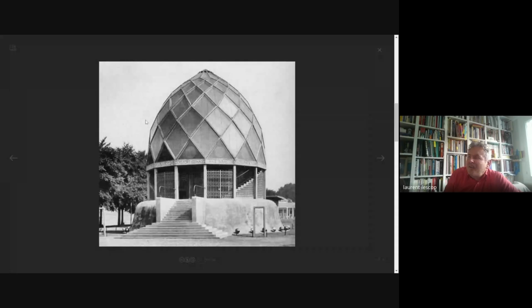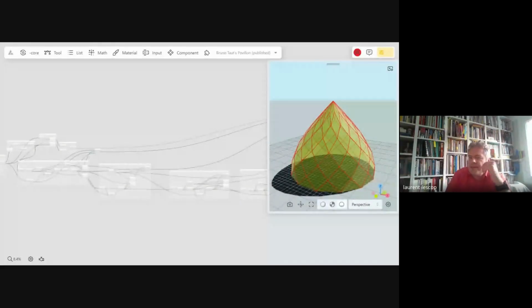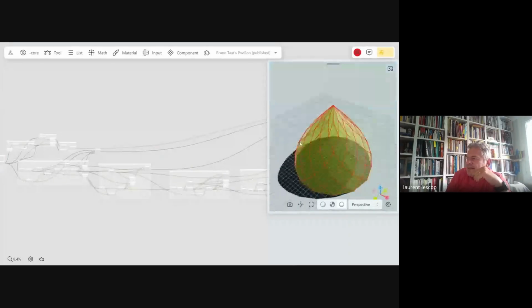So I scratched my head a long time before doing that. I can confess that I found the solution using SketchUp, in fact, the first time. But then I really wanted to have it using BeeGraphy. So this is the end result.